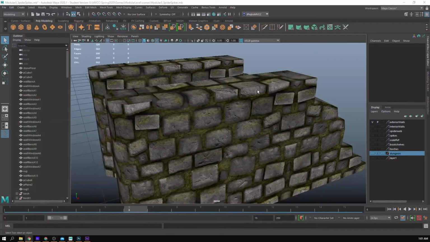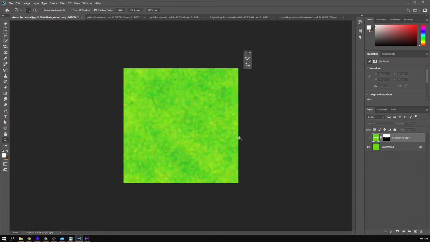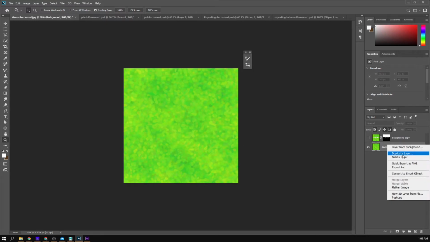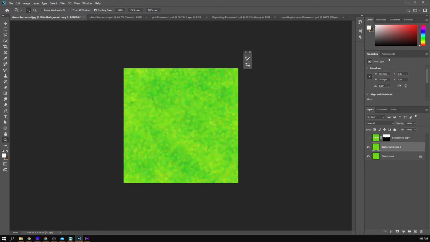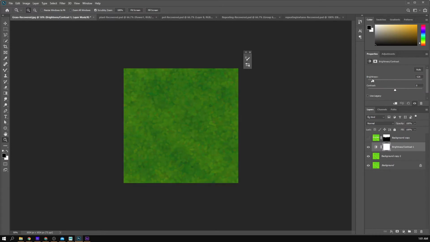So what I'm going to do here is go into Photoshop, and I already have a texture that I made for a ground that I think would work for me. I'll share that link in the description. What I'm going to do with this is actually duplicate that layer, and I'm going to go to my adjustments. I want to play around with my brightness and contrast. So I want to reduce my brightness,